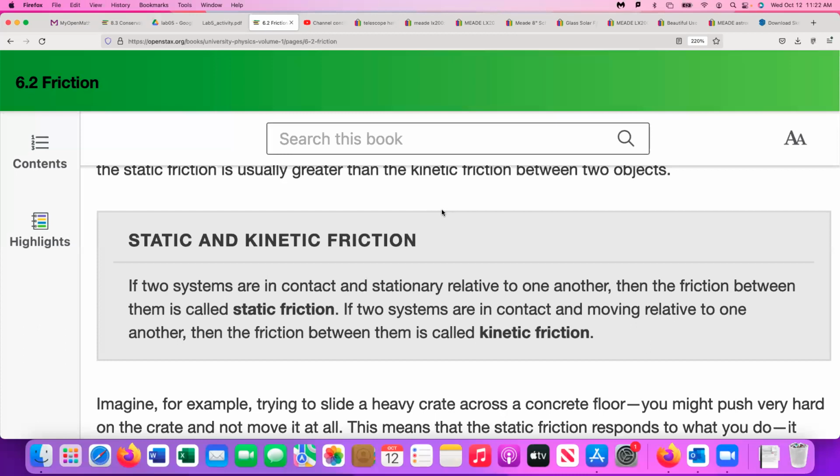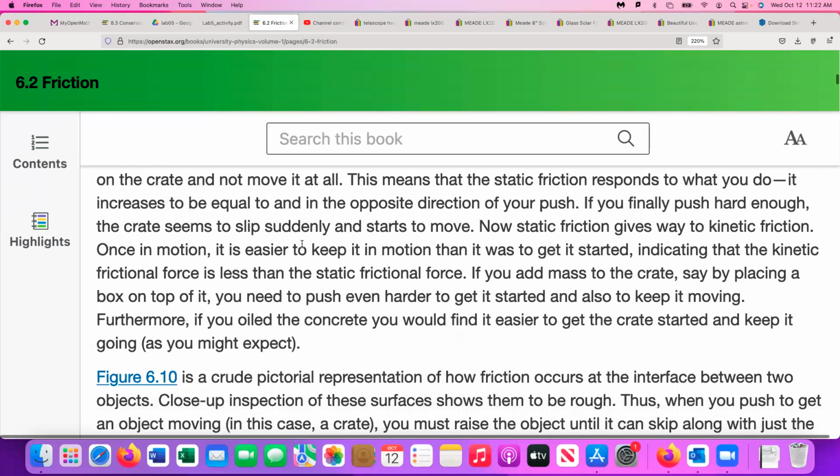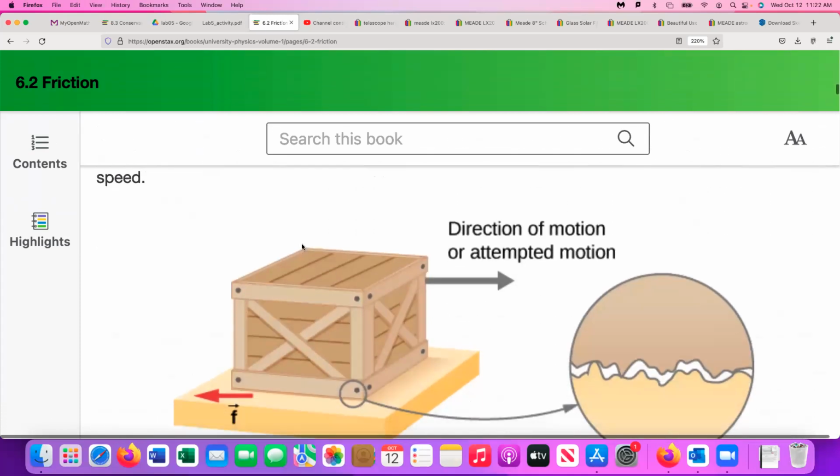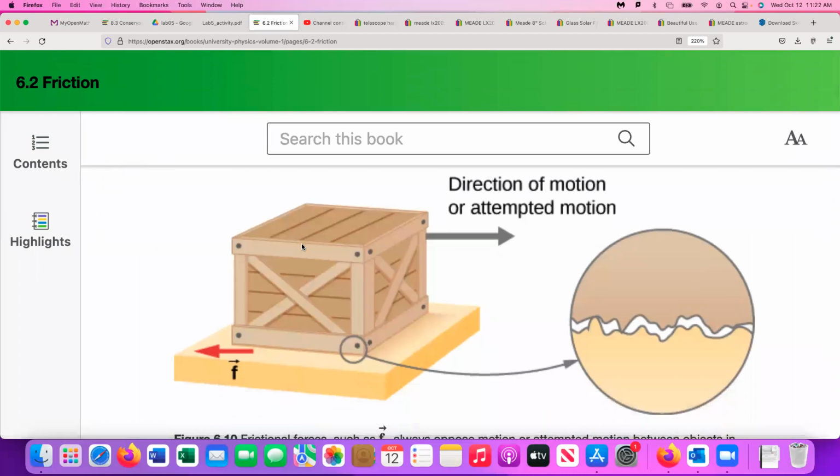But two kinds of friction: the kind where there's no relative motion between the surfaces in contact, and the kind where there is relative motion, a sliding of the surfaces across each other, right? So what causes friction to exist? Well, it's the surfaces themselves. The surfaces are rough. Even if you look at glass up close,